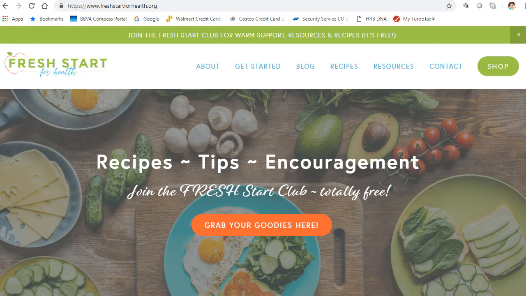Here's a couple of different ways I've done it. I just don't think there's any one way that works better than another, so I'm just going to share with you what I've done. You can also Google how to set up categories, as far as how to figure out your categories based on who you're serving and what you're sharing with them.